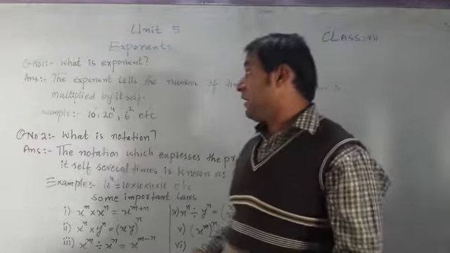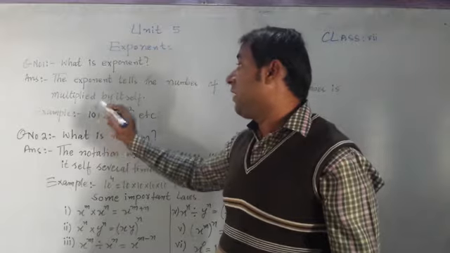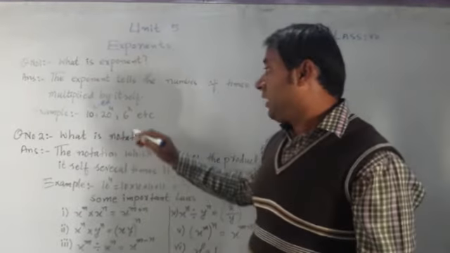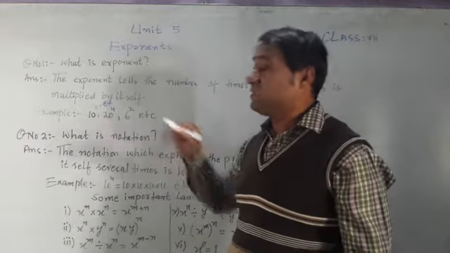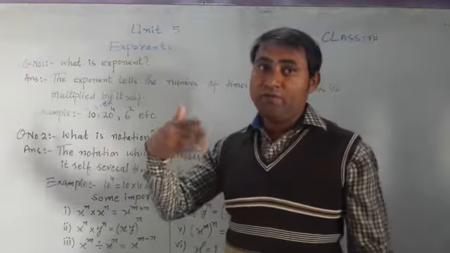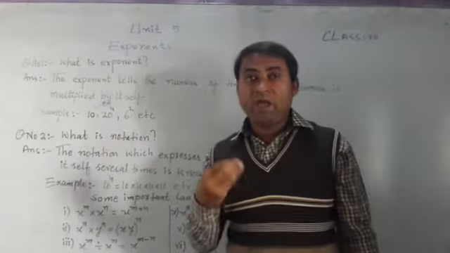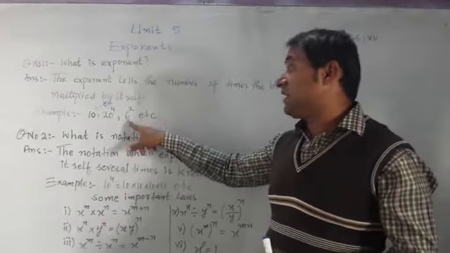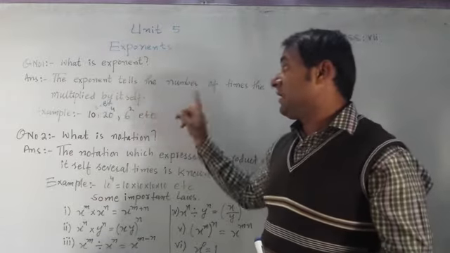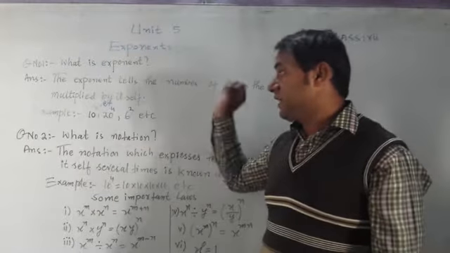If the exponent is 3, for example 10 power 3, then 3 is the exponent. Here in 20 with 4 above it, 4 is the exponent because it tells us that 20 is multiplied 4 times, 10 is multiplied 3 times, 6 is multiplied 2 times. So the exponent is the number written above a number.